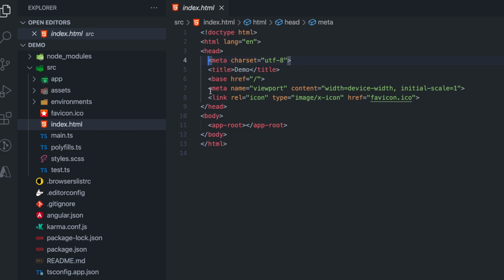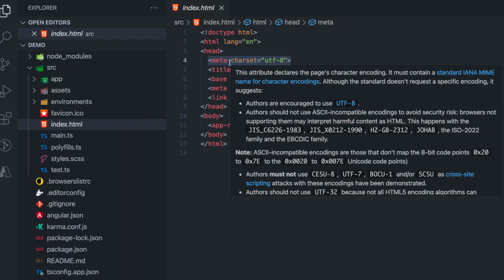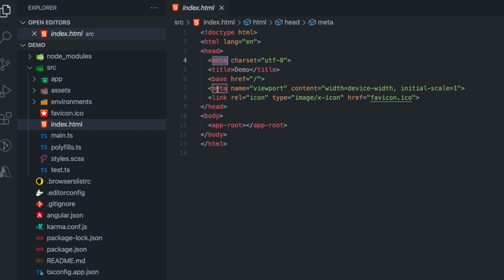Now before we go into body, a few more pieces of information are added in head. That is, meta information is added. You can see meta is repeated two times. One meta is basically saying that we are going to use a certain type of character set. You can ignore this. Title you have already seen.